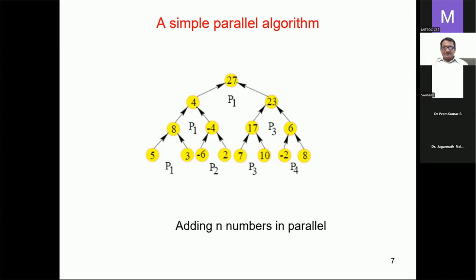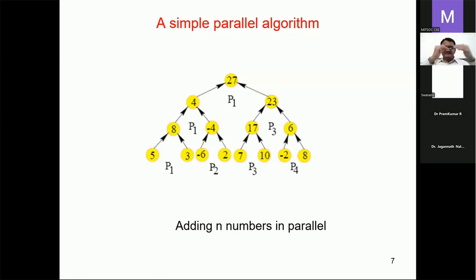Is it fine? So look at this very simple approach of adding n numbers. The numbers which are to be added are at the leaf nodes. Okay, and there are 4 processors assigned. So for 2 numbers there is 1 processor assigned. Can you see here? And after every iteration, the number of processors gets reduced by a factor of 1/2. Can you see? Please respond to my question. Are you able to understand what I'm explaining to you? Right? So there are 8 numbers, and I'm assigning 1 processor to add 2 numbers. So we will go to the next stage.